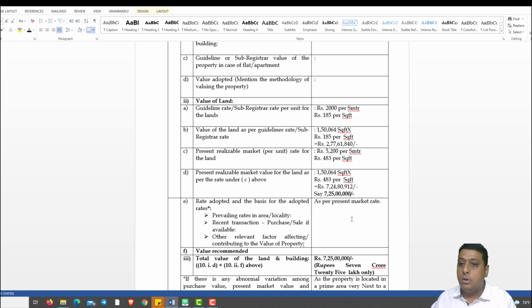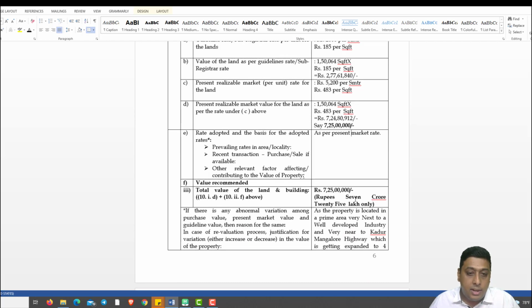So what will happen at that time? The bank has given more money, or here they have lent more money compared to the actual valuation of that particular property. So tomorrow, if the person doesn't return that money back to the bank, it is very difficult to auction that property. The complete responsibility has to be held by the valuator. Becoming a valuator is not easy. Handling that responsibility is very, very difficult. We have to understand these scenarios.